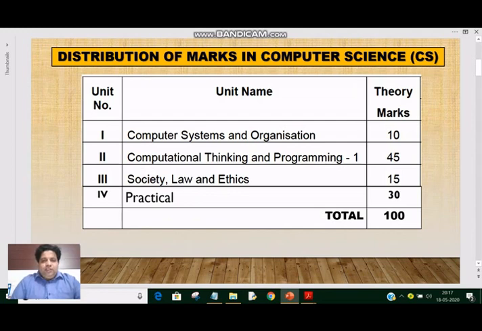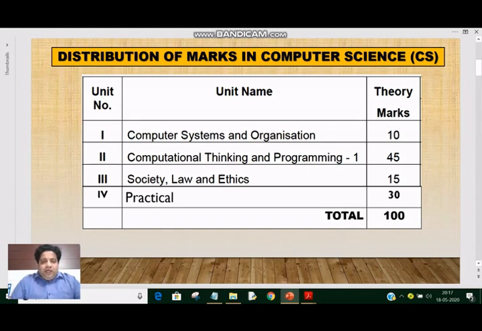The first unit is computer systems and organizations. In this you will study input, output, hardware, software that you have also studied in previous classes 8th, 9th, 10th. And some new topics are there such as Boolean logic. So we will discuss that also.